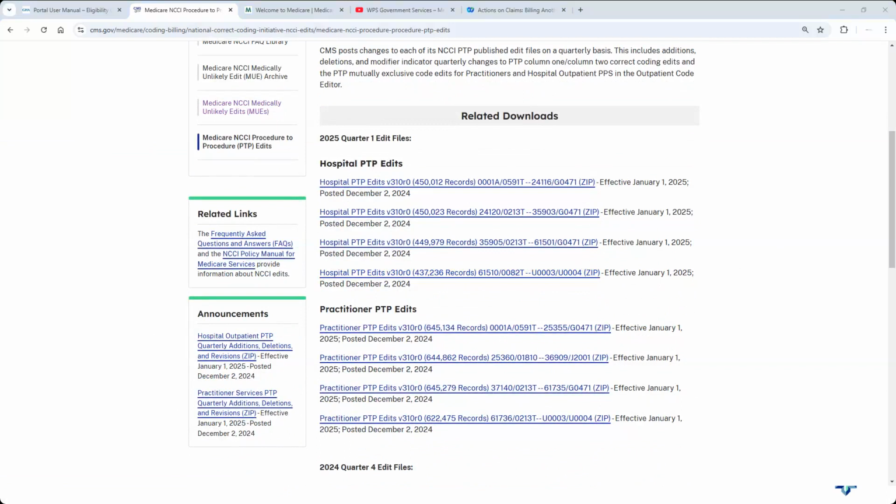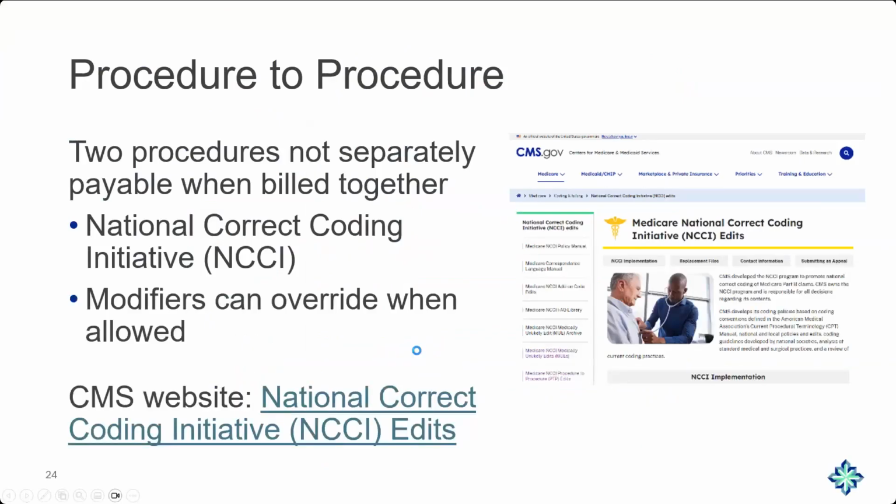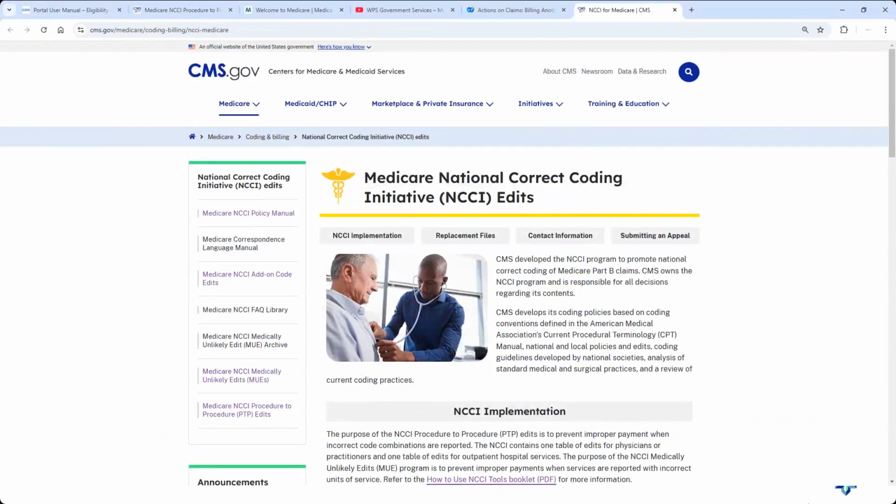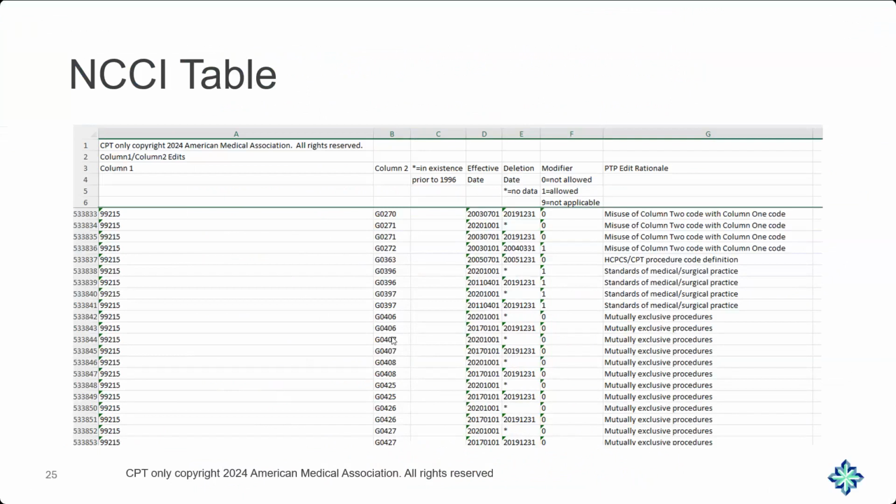I did receive a question on bundling, and I'm going to move to the next slide with this one. This is a type of bundling that is actually done. The next slide is actually a sample of the edit. So you can see here's the payable code, and then the not payable code, the bundled code, edit dates, whether a modifier is allowed, and the rationale.